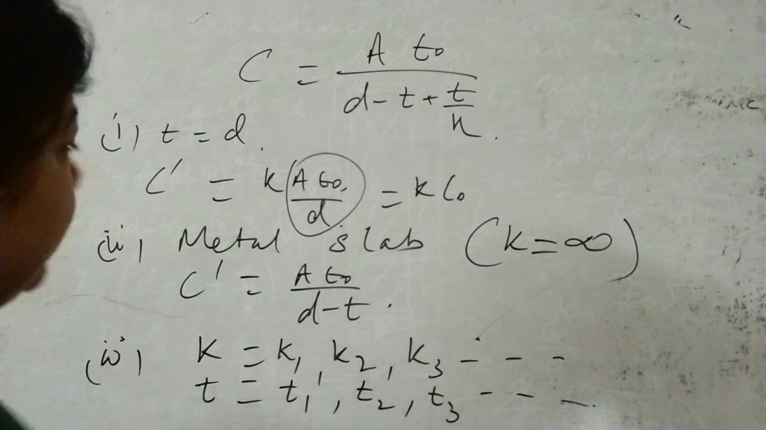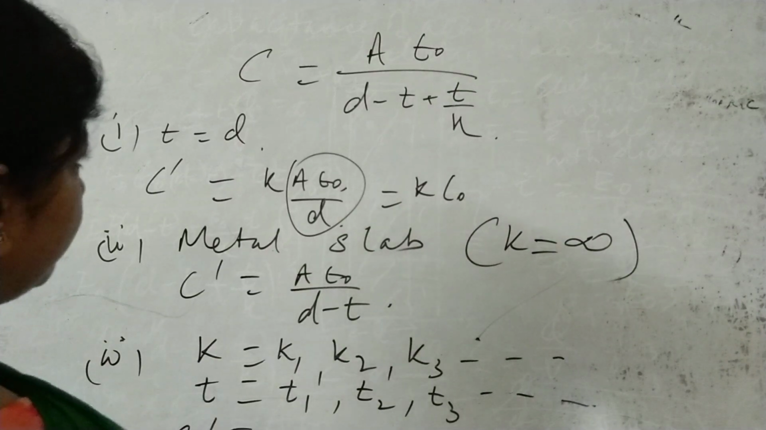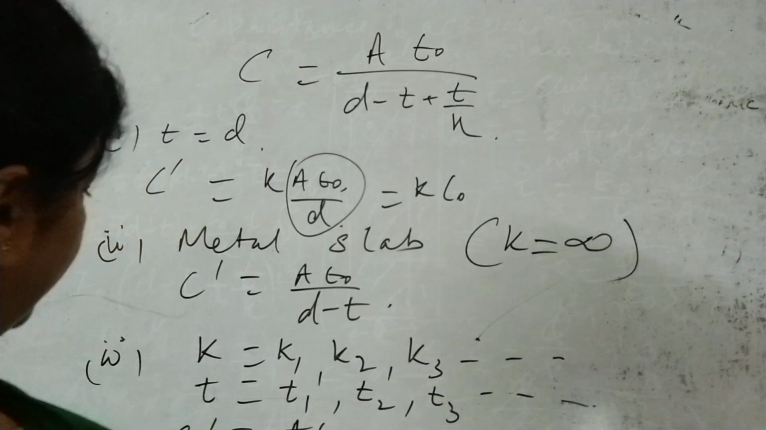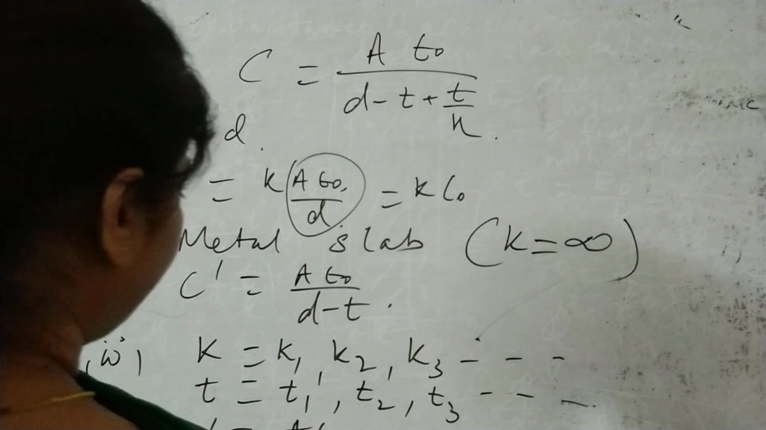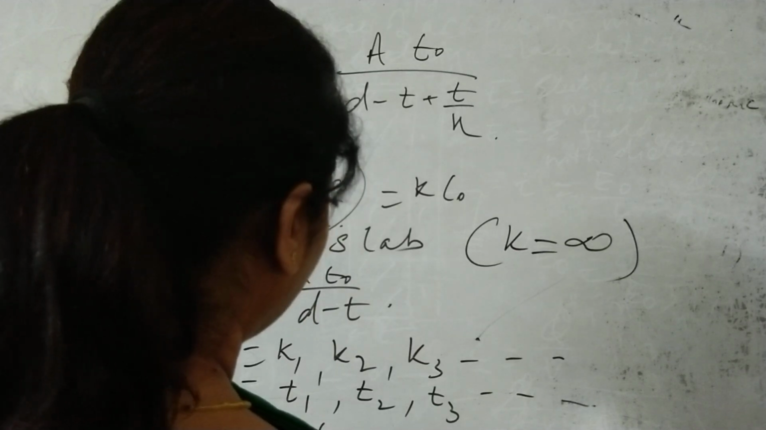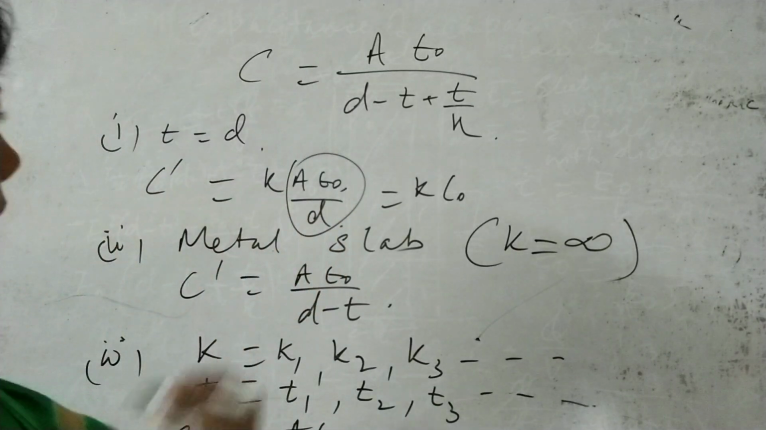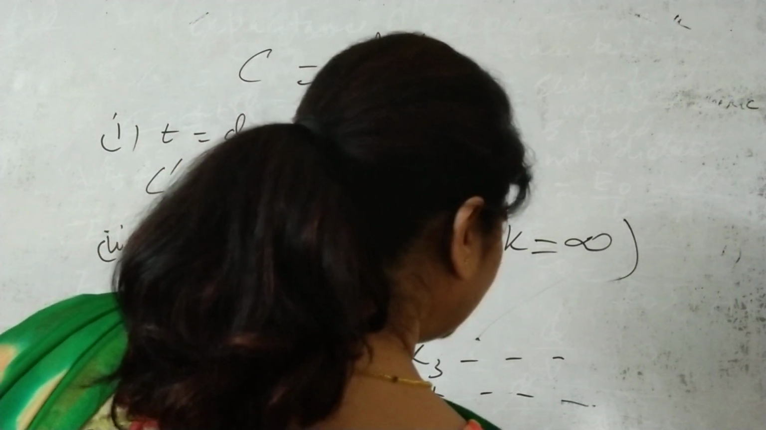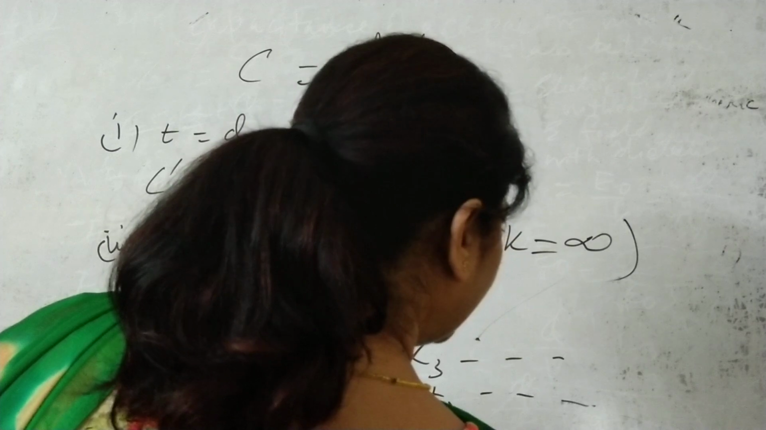D will be constant. So here C dash will be A epsilon naught, and the denominator will be D minus (T1 plus T2 plus T3 ... whatever number you put), plus T1 by K1 plus T2 by K2 plus ...